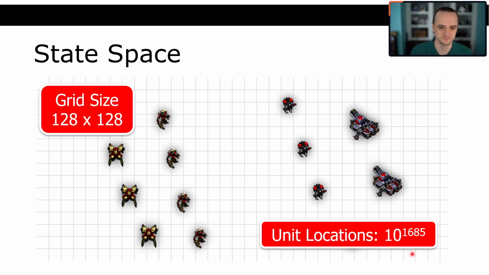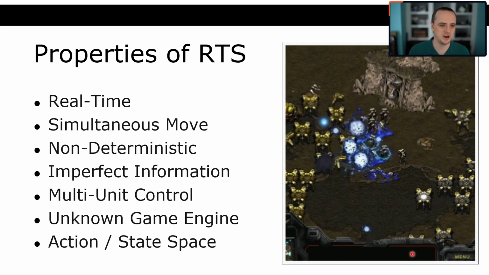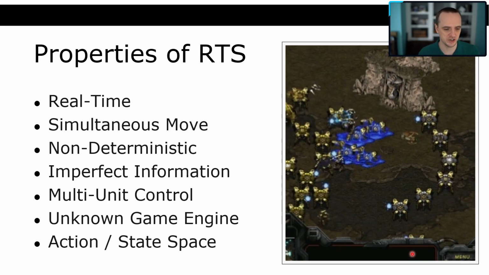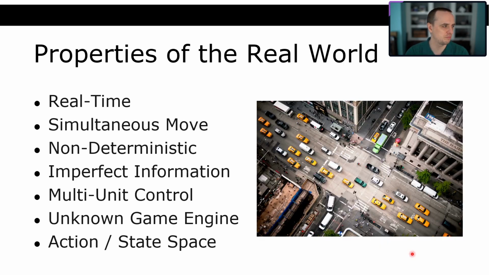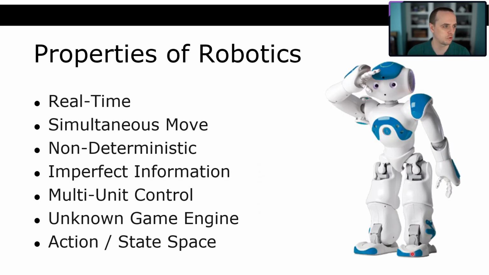of state space size. All right, so we talked about these properties of real-time strategy games, right? Well, these are also the properties of robotics, right? If you think of robotics, they have to deal with all these problems as well. And they're also the properties of the real world, right? So the idea here is that we are using StarCraft as an environment to test AI systems that could then be also applied to problems in the real world or problems in things like robotics or other, more important fields